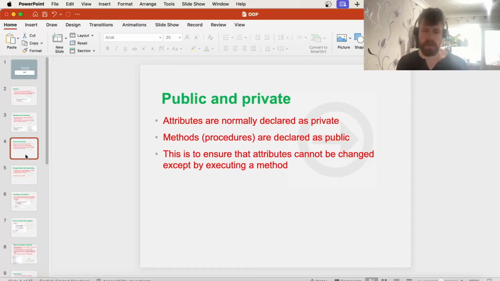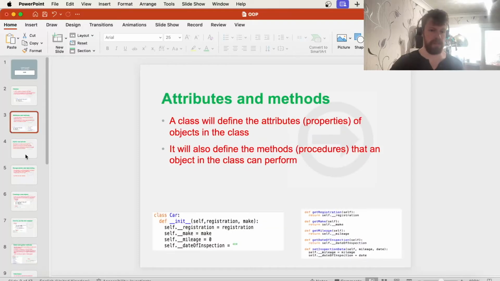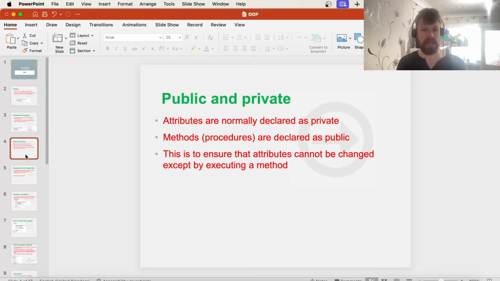One of the things that's going to be talked about is whether something is public and private. Generally, attributes are normally declared as private. So things like mileage, date of inspection, that means that someone else can't come in and edit those. A method is normally seen as public. So these are the behaviors that we want to have. And the main concept from this is that you don't want the attributes to be changed unless a method is